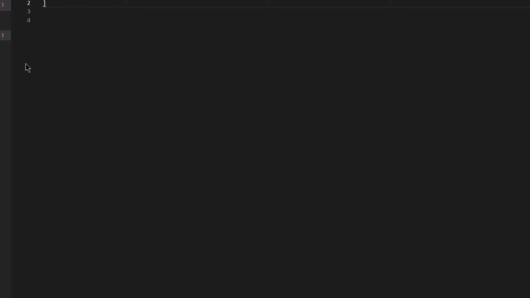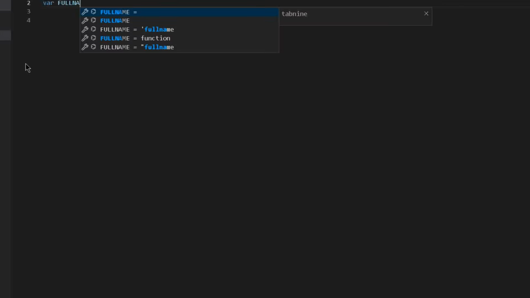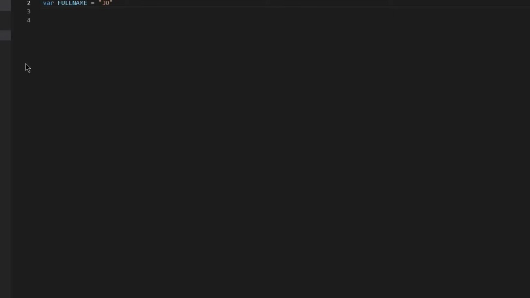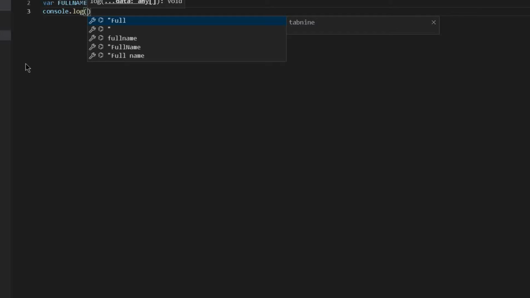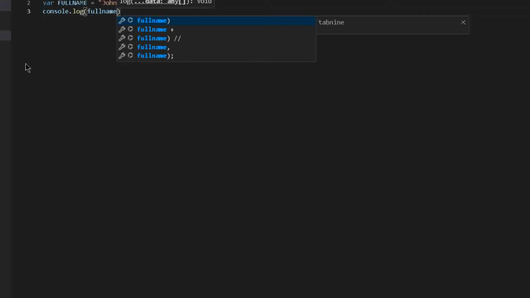If you write something like this and use the variable like this, pay attention, guys, because if you write the variable or function name like this, and then use the variable or call the function in a different casing, you will get an error saying the variable or function with the name is not defined, because it is case sensitive.